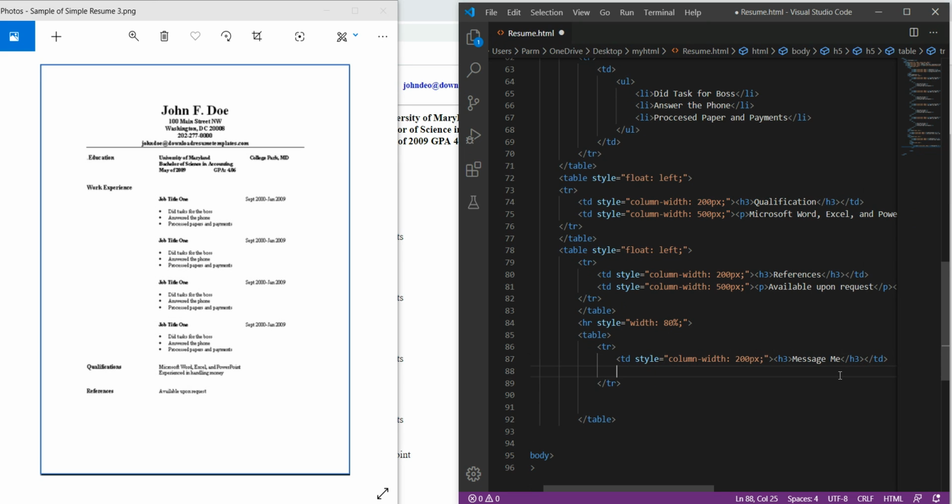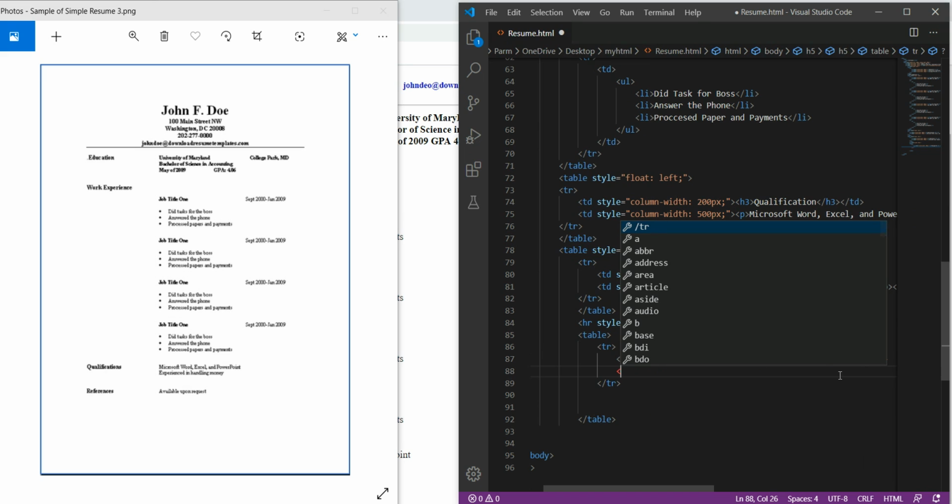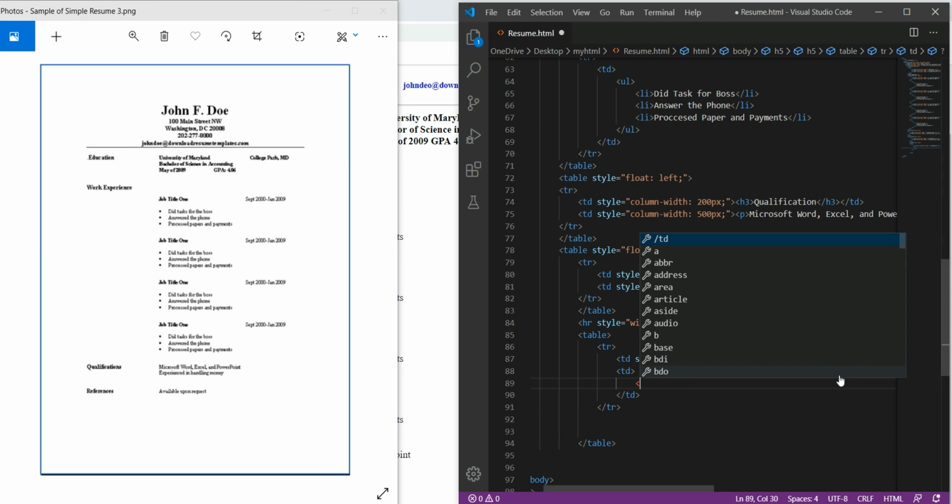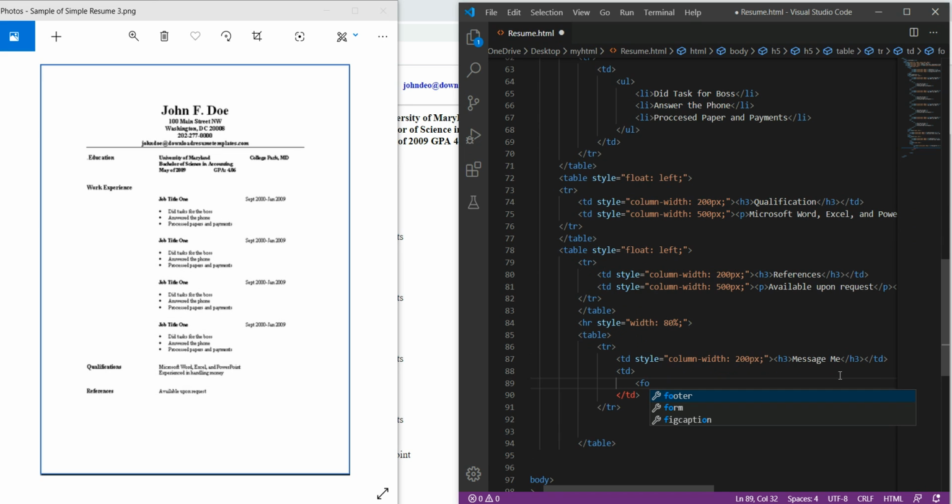Then I have to add another column, so again I will use td, and in this I will use the form element. So I create an interactive form so the user can message me.